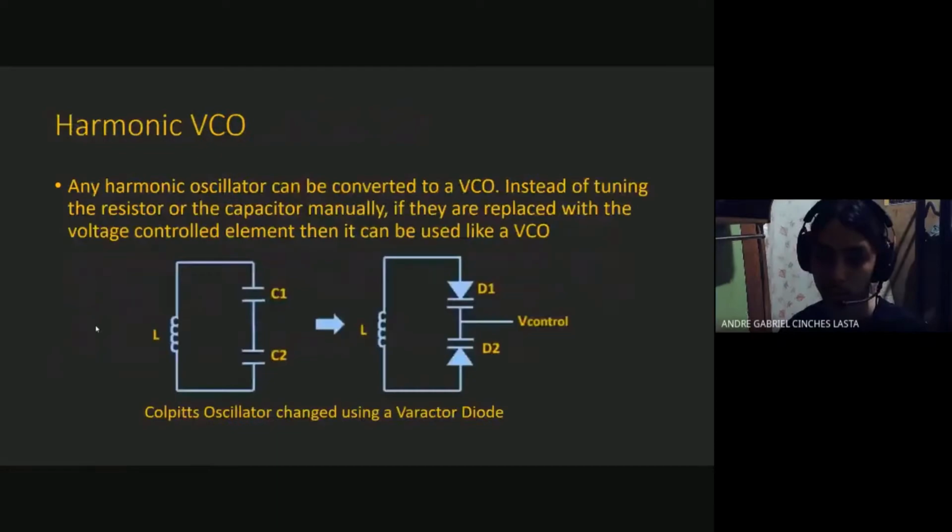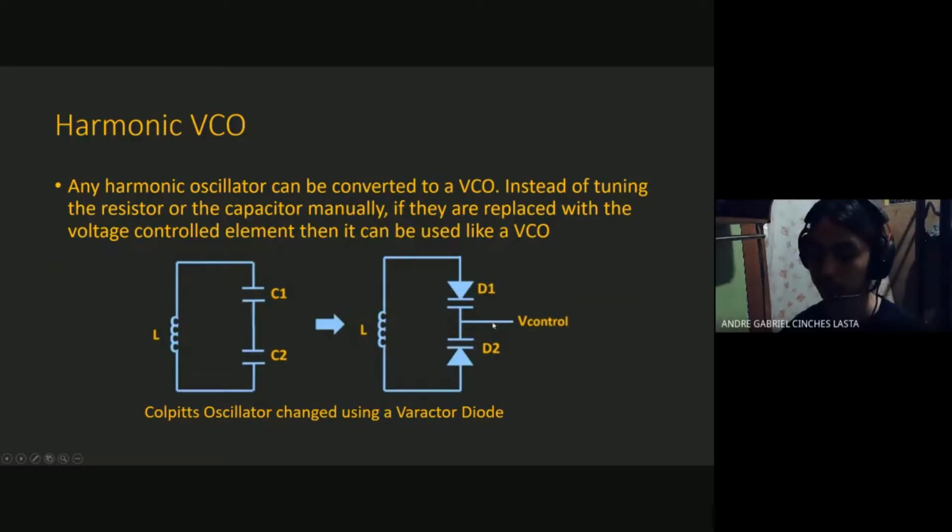So for the harmonic voltage controlled oscillator, any of the three harmonic oscillators mentioned earlier can be converted to a voltage controlled oscillator. So instead of tuning the capacitor or the resistor manually, if they are replaced with a voltage controlled element, then it can be used like a voltage controlled oscillator. So here we have a part of a Colpitts oscillator, the tank circuit, I think. So we have two capacitors, C1 and C2, and these are changed to the varactor diodes, D1 and D2, and